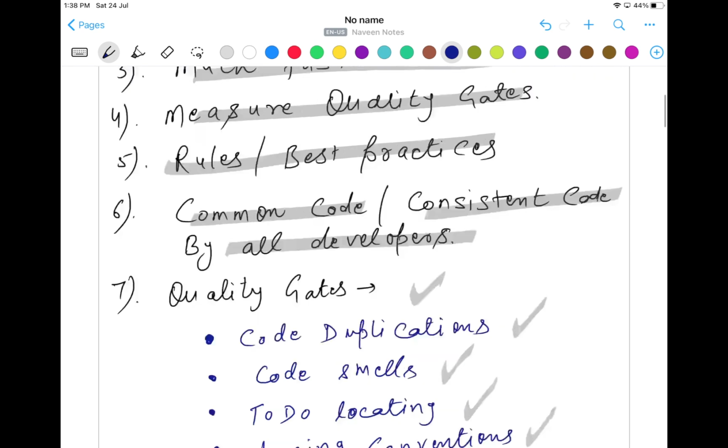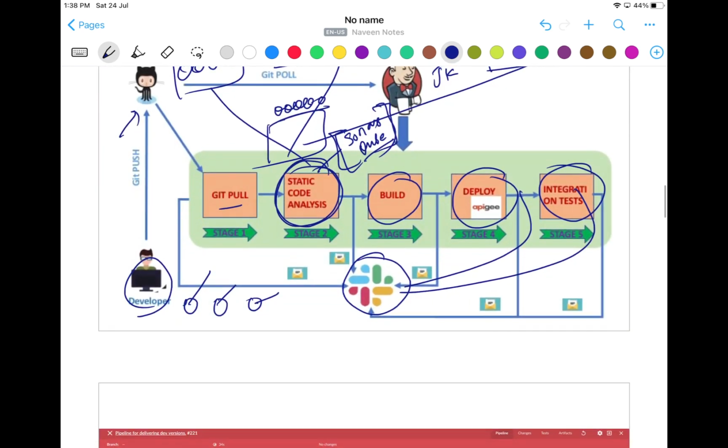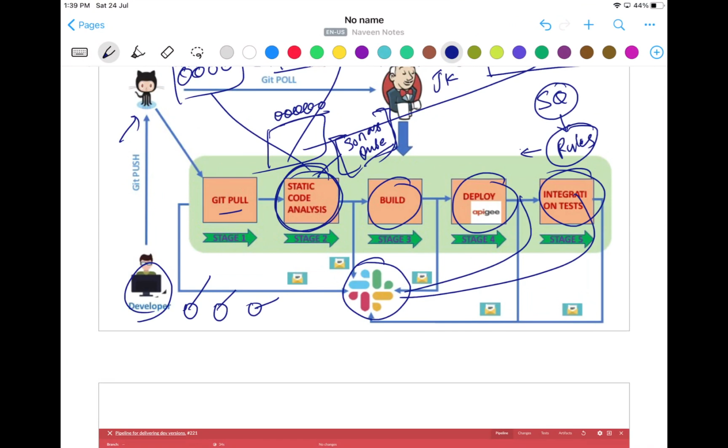And remember, the best practices you have to define with the developers. What happens whenever you're using SonarQube? It will give you certain rules for different programming languages. Let's say you are using Java, right? In this particular Java, there are 50 rules available, and the developers will follow certain rules. 50 rules are available, but you can customize the rules also, guys. You can delete some rules, you can update some rules as well, and you can create a new rule also.